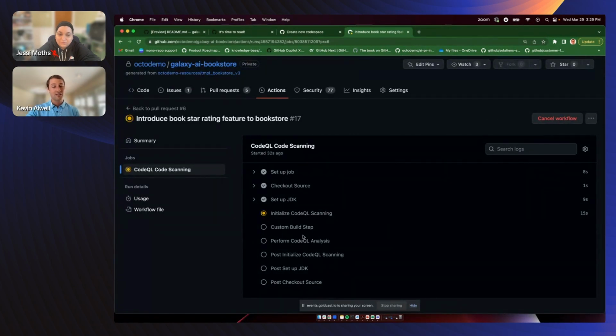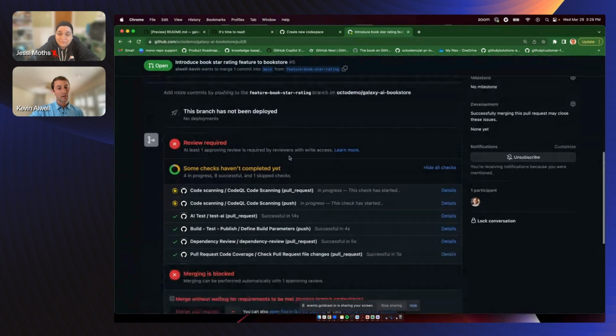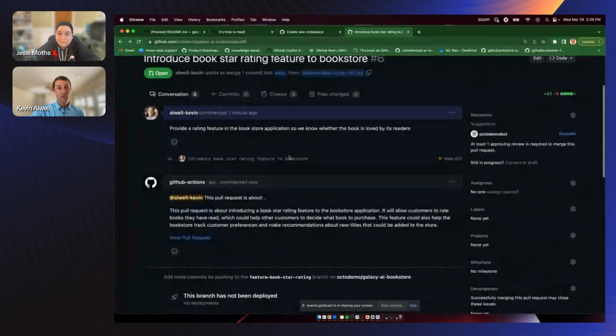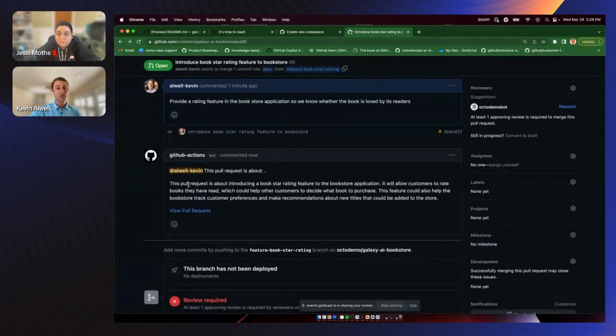You'll see the analysis step for me is the most interesting because you actually see the queries that you're running against your application in real time and whether or not your application has vulnerabilities. So that's really cool. Okay, so I'm going to scroll up here and just show you what you've already glanced at, which is this pull